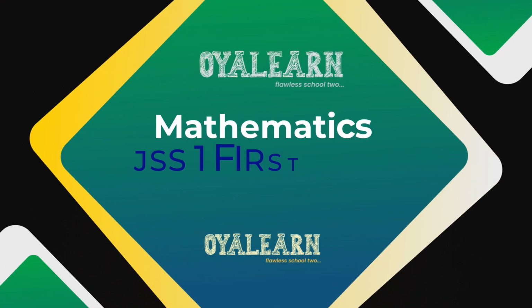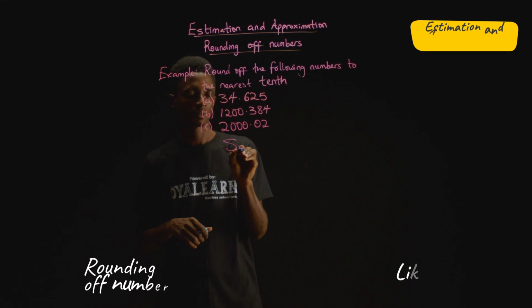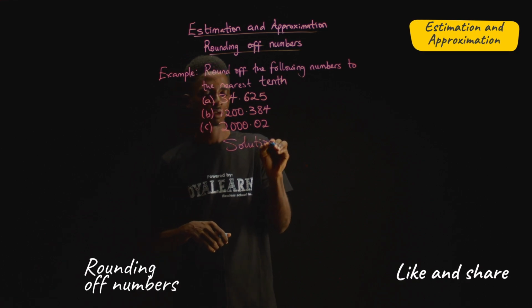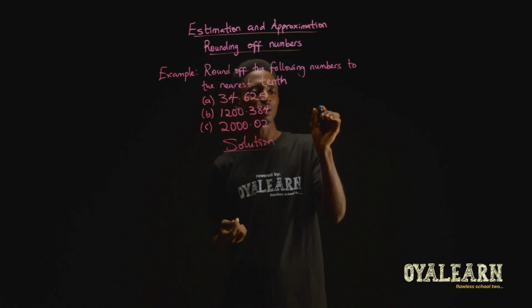Let us round off the following numbers to the nearest tenth. Solution. Now recall that when you are dealing with a number, let's say we have a number